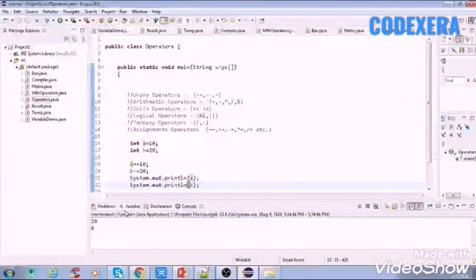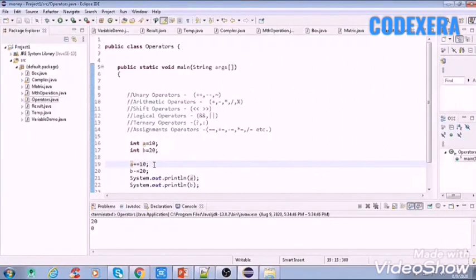So here we are seeing the output: the first one is 20 and the second one is 0. Why is this? Here it will work like A is equal to A plus 10 and B is equal to B minus 20.